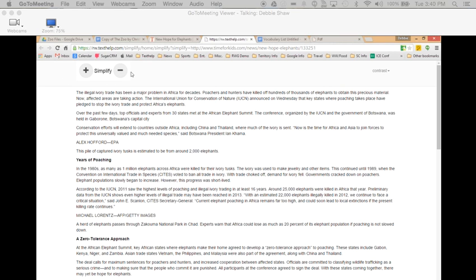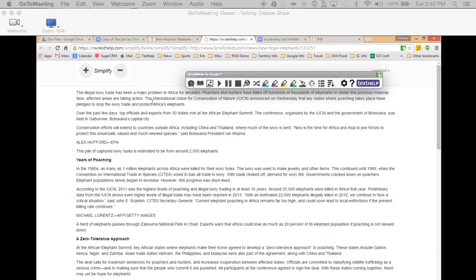So that's this plus and minus simplify page. Differentiation. Exactly, absolutely. And that's kind of the key. Even that little vocabulary tool is a great differentiator because your words may be different from my words. Now, I did point out that I can click my little icon again in my menu bar, and